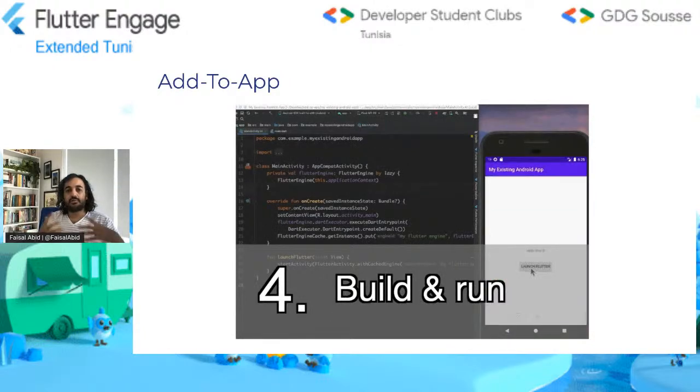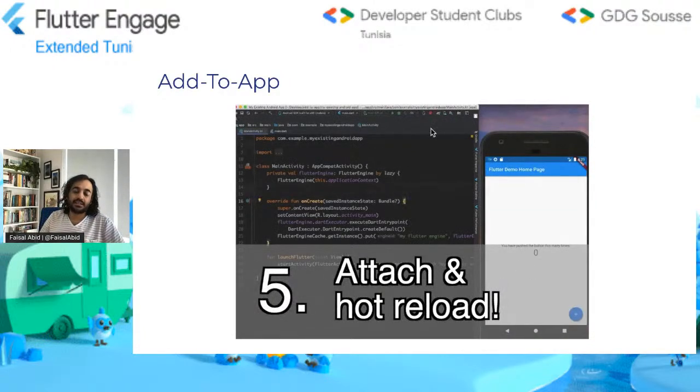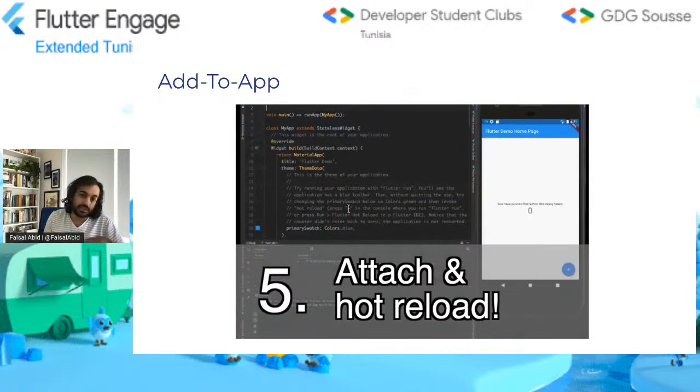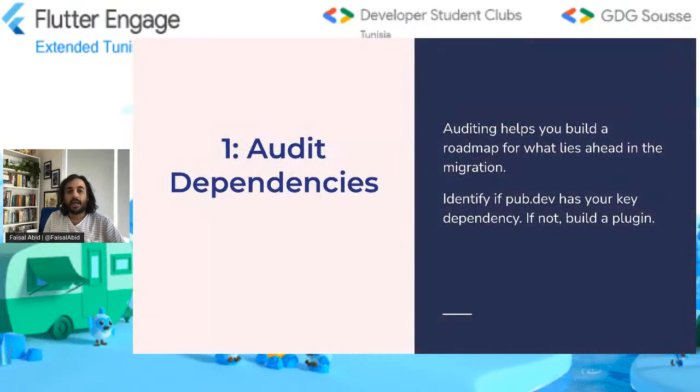But to actually start building your Flutter app, I think you need to follow these 5 steps. So let's get rid of this step. And let's go to step number 1. Step number 1 is all about auditing your dependencies. And what I mean by that is,